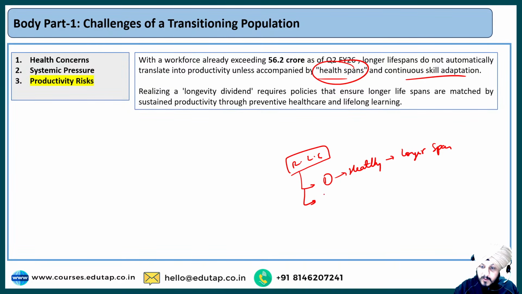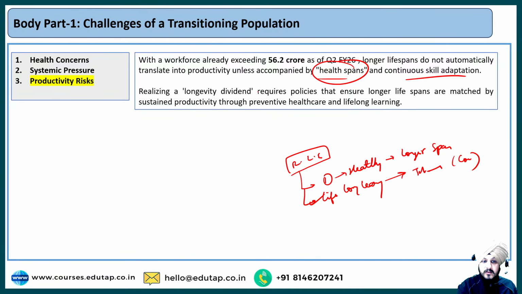Apart from that, we also need to promote lifelong learning, right? Lifelong learning, so that people use the skills they learn in schools and colleges for their entire lifespan, that is, during their jobs and later on too. So such skills adaptation is also needed, right? Continuous skill development is also an important goal that should be the priority at this point of time.